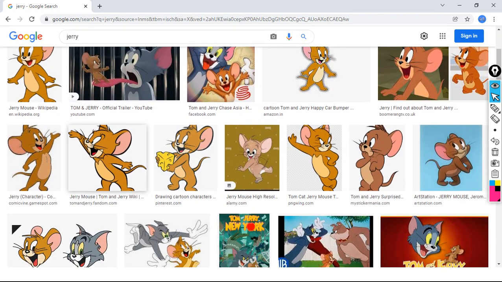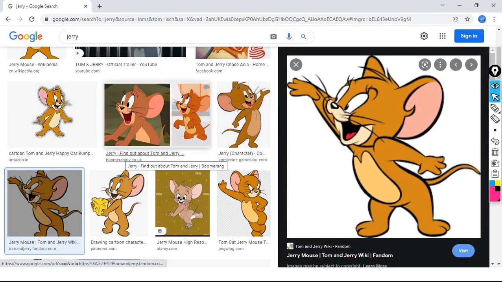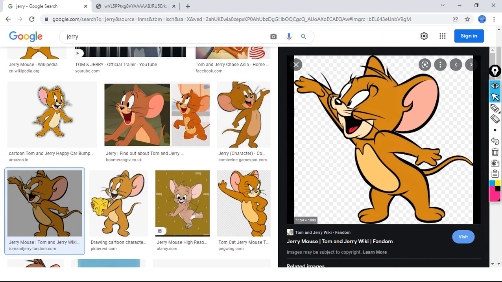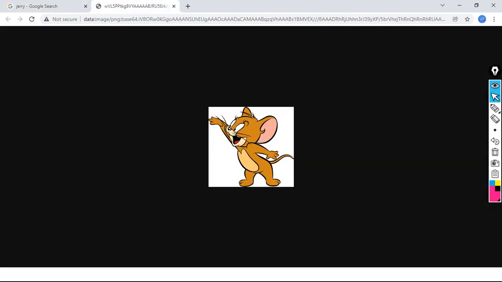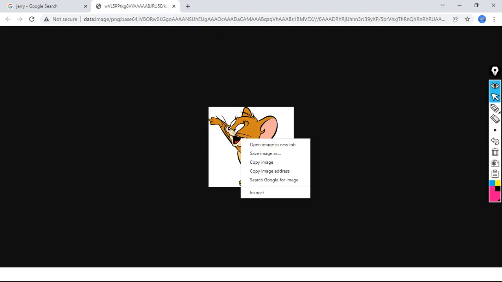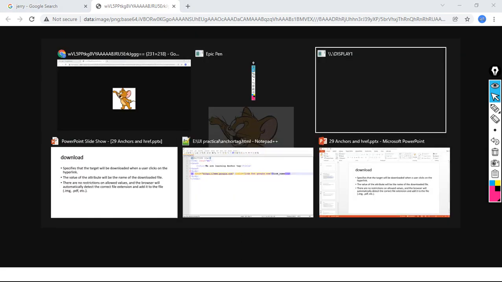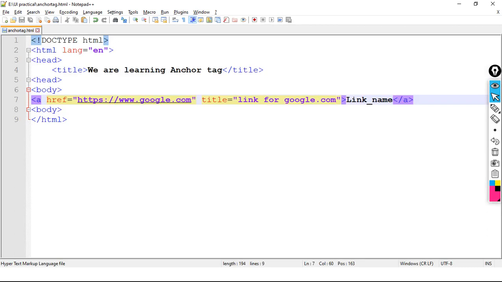Let me take this beautiful image and let's open image in new tab. Okay, oh, here is our image, and let's copy image address. We have copied image address, and now we are going to use it in download attribute.